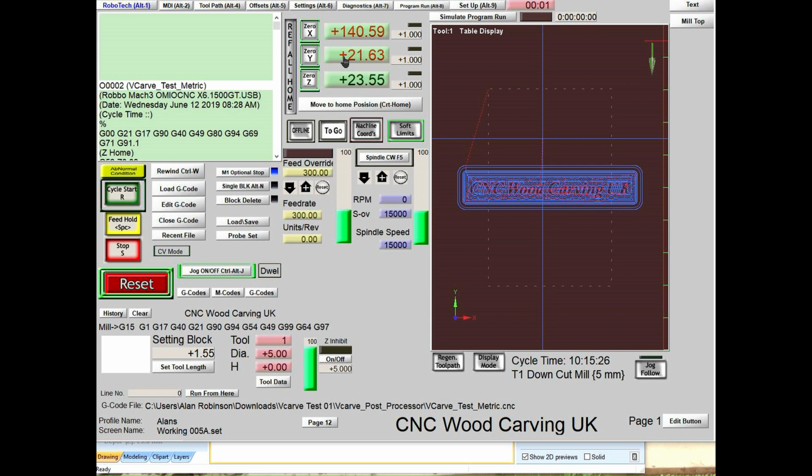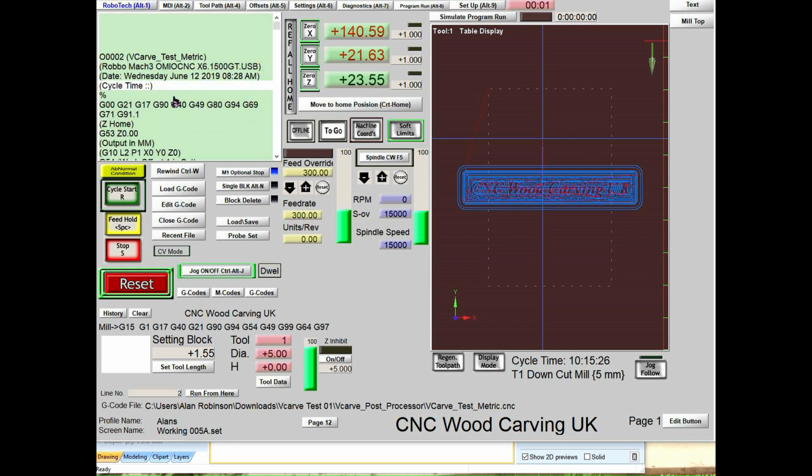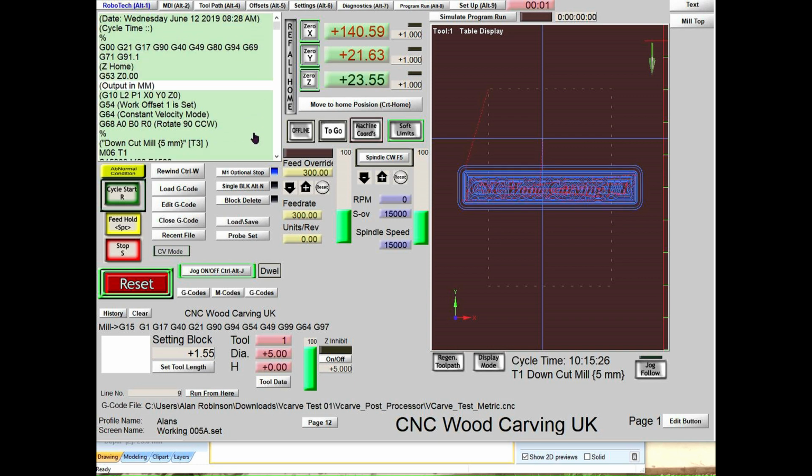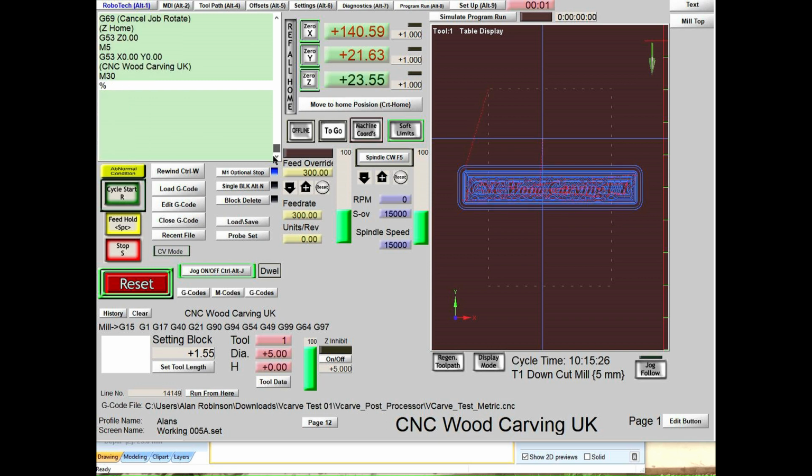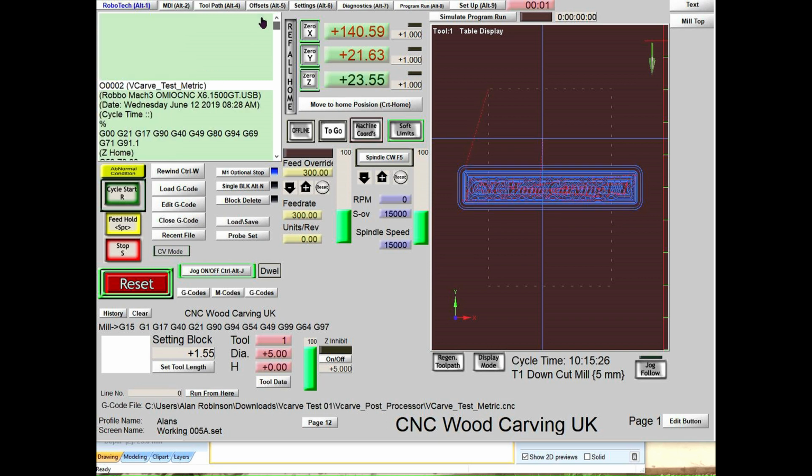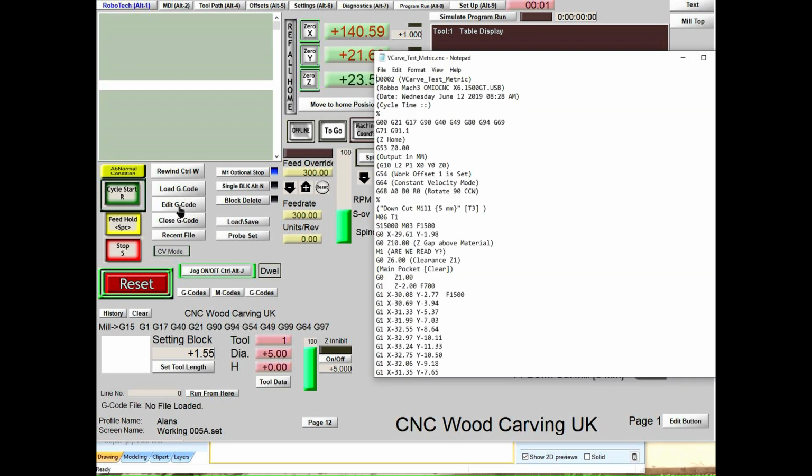However, because we are using G68, Mach 3 still thinks you're using a rotational command. What we have to do, edit the program,